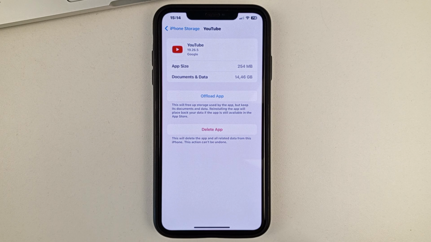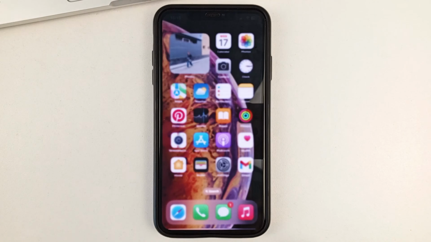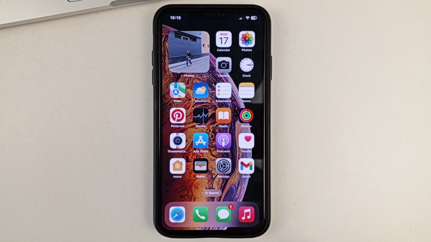And you will be able to use YouTube in the future, which if before that, let's say, it could freeze or some functions took a long time to load, then after such a reboot everything will be cleaned up and nothing will freeze. This is how you can clear YouTube cache on your iPhone.